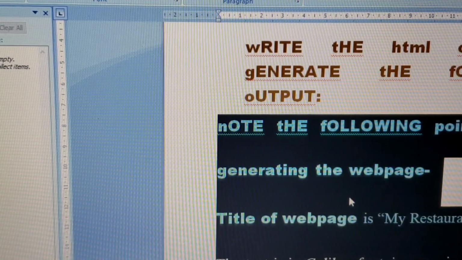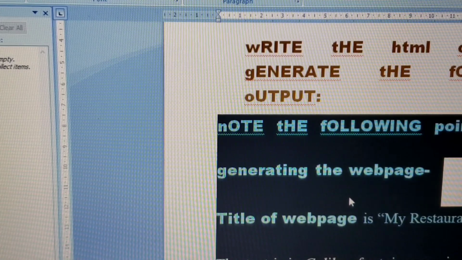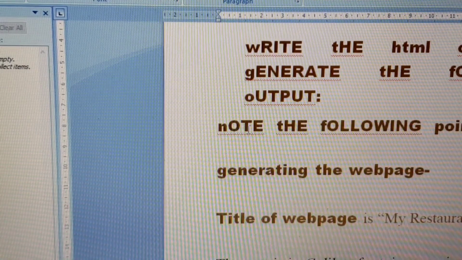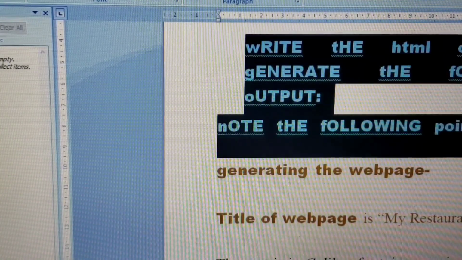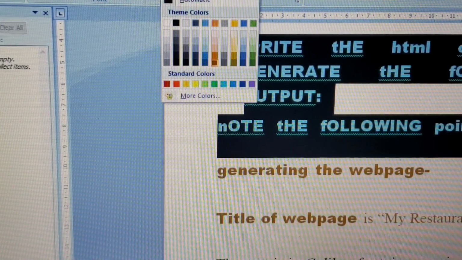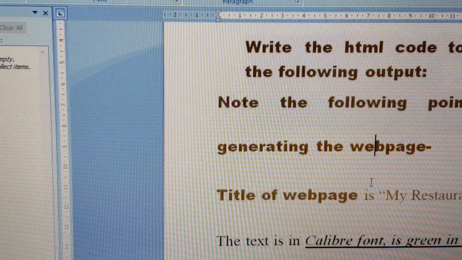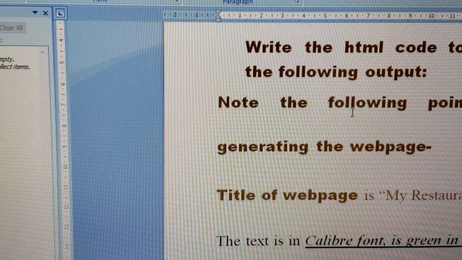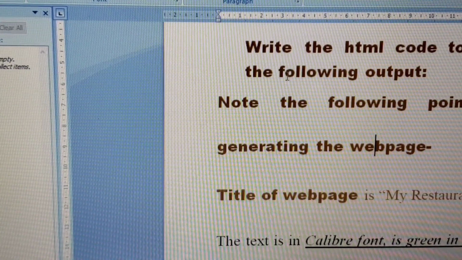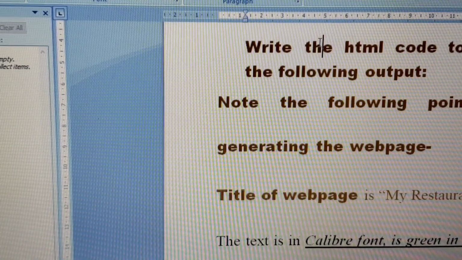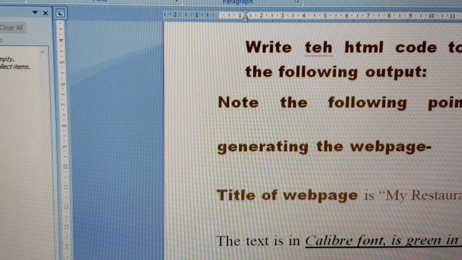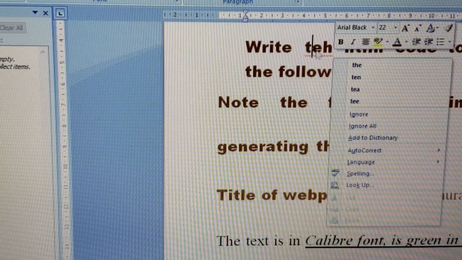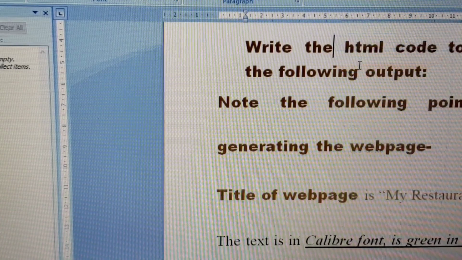Next is the spelling and grammar option. How can you use the spelling and grammar option? That is very easy, students. Here you can see wherever this red line is coming, that means there is some mistake. First I'll just correct its case. I'll make it sentence case. See, earlier it was coming in red color, because whenever we are writing anything it should be in the correct order. See how you can check your spelling and options. I am just writing the wrong spelling of "the". See, this red line is coming. That means it will suggest to me the correct spelling.